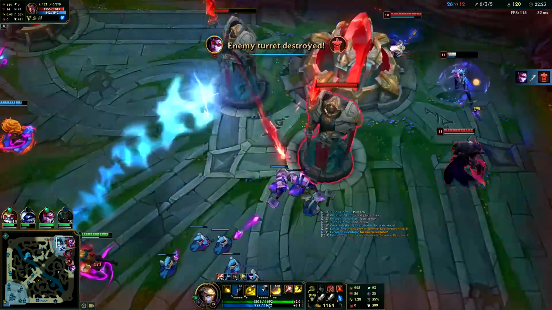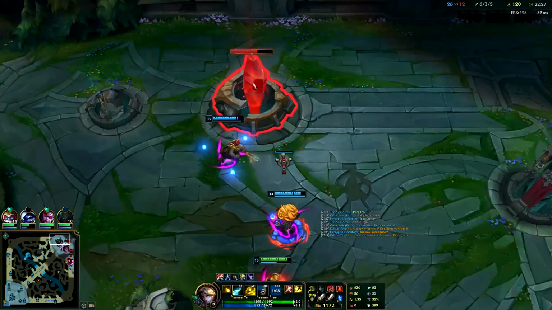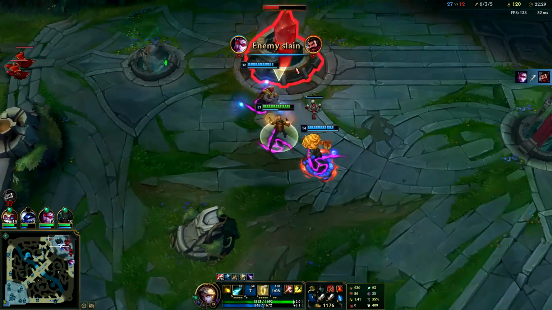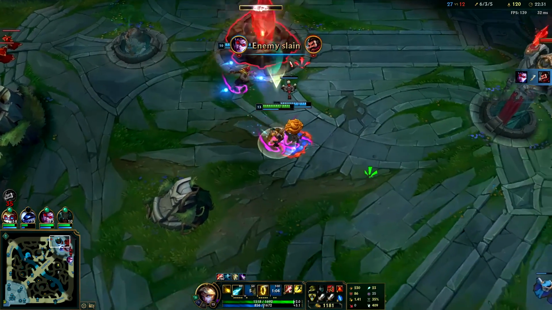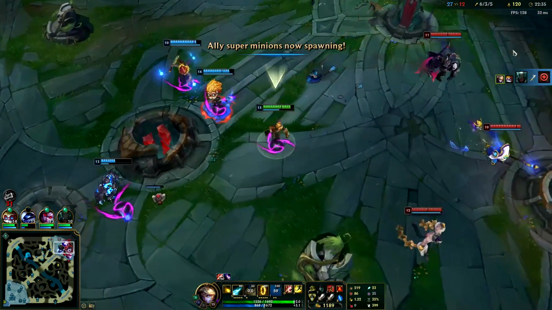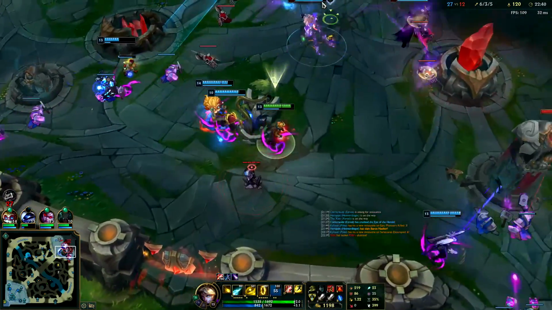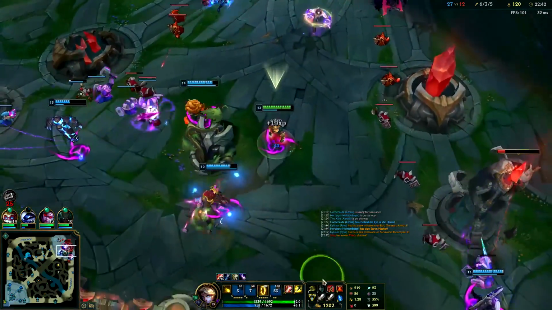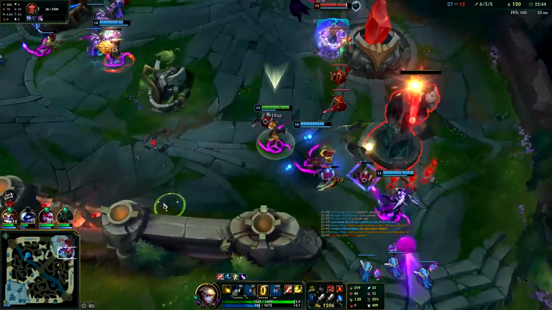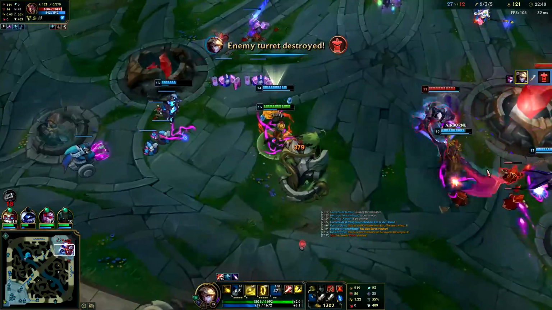Ooh, almost got her. Ooh, almost got her again. W the inhibitor. Nice. Go for this turret now. They can't really step up because they have no...